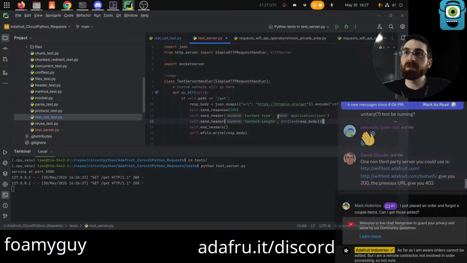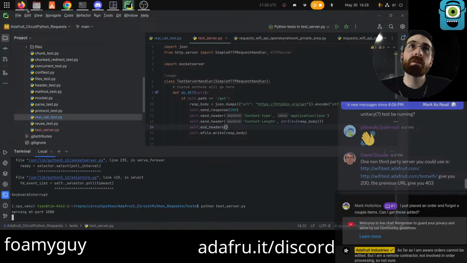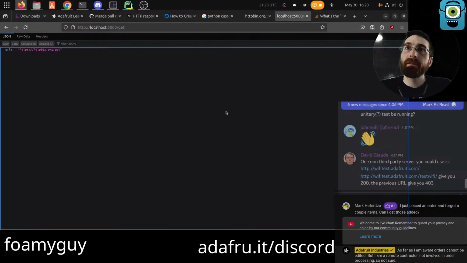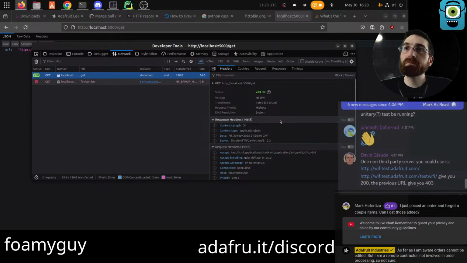Length returns an int, but content length headers are strings because they go through TCP. It's a string even if it's a number. Let's rerun this. Hmm, 34. Okay.